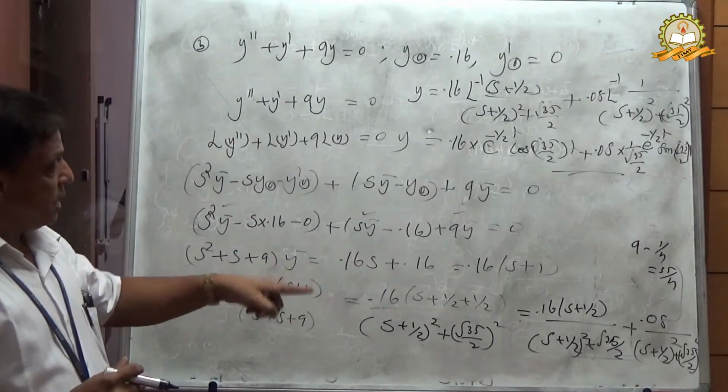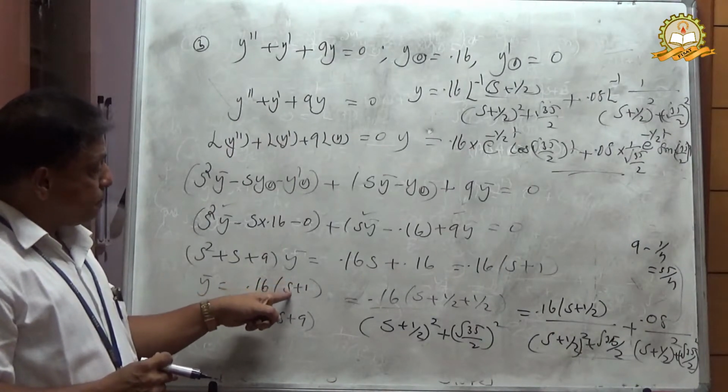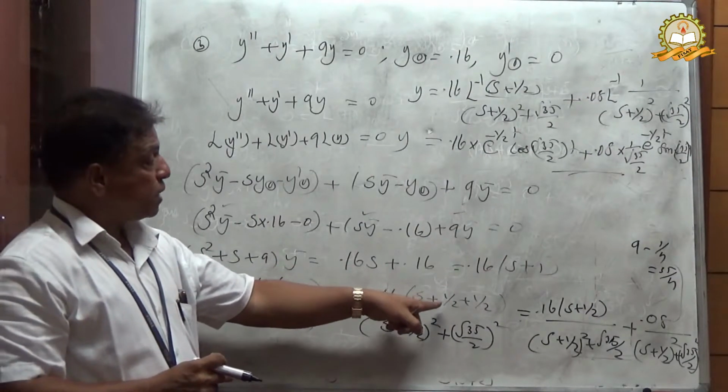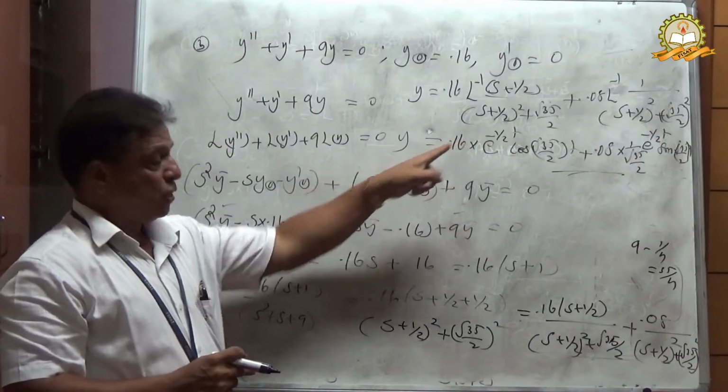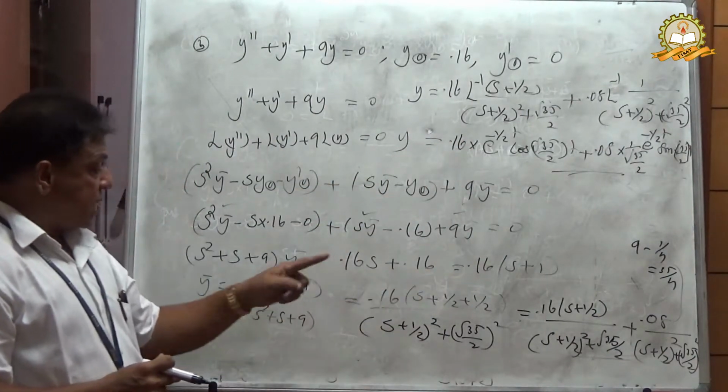Here, please listen to the point. There is an s plus 1 here. This s plus 1 we shift as s plus 1 by 2. After converting to s plus 1 by 2, we can apply the standard result. Therefore, s plus 1 can be taken as s plus 1 by 2 plus 1 by 2, and the denominator